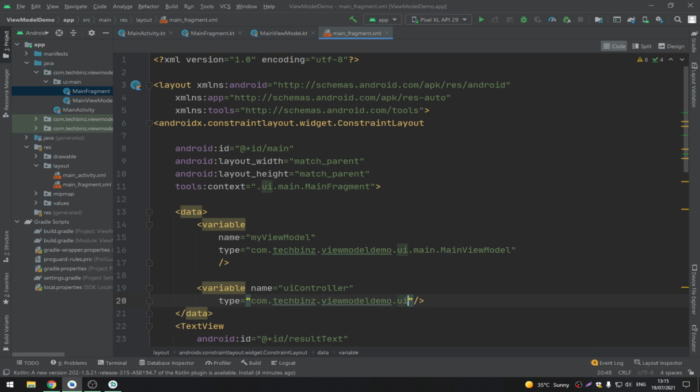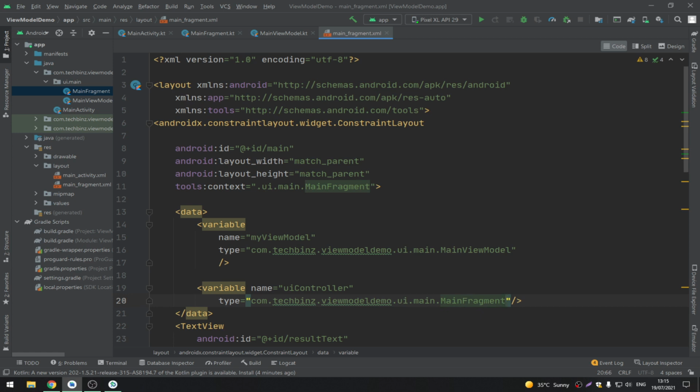Yes, UI main, UI dot main fragment here. So in this example, the first variable knows that it will be binding to an instance of a